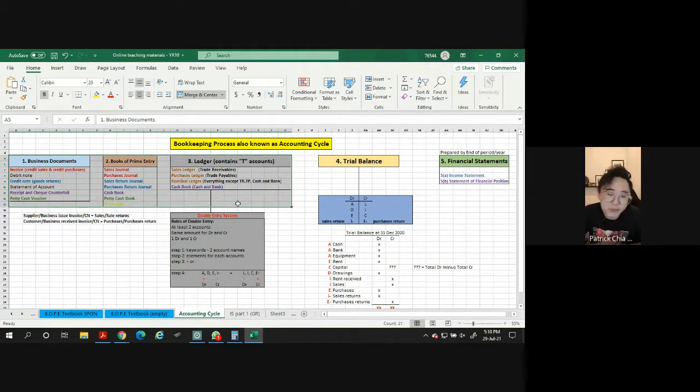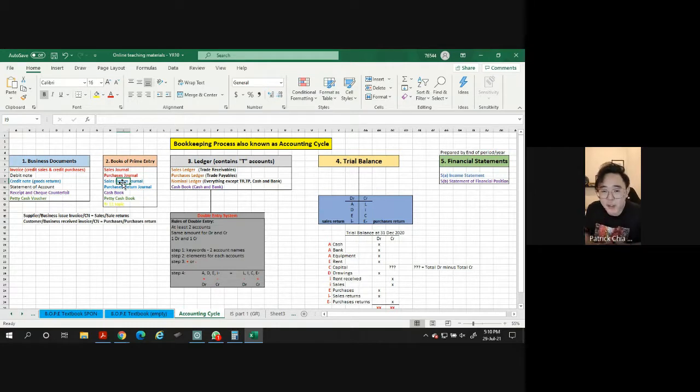The financial statements are mostly all formulas, so this will be another day because I want to settle this one first. I want to make sure that you guys know all the terms. Then only the next class I will be doing errors. Because in errors, if you don't know certain terms, then you won't know which account is being affected. If you don't know which account is being affected, then how do you fix the problem? Because errors is all about fixing the problem.